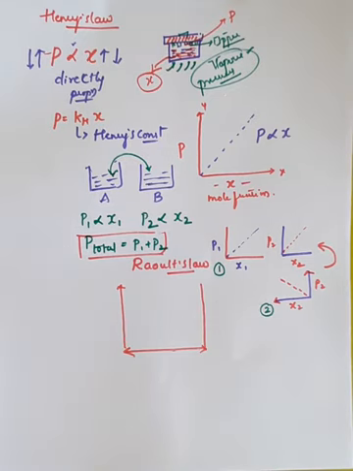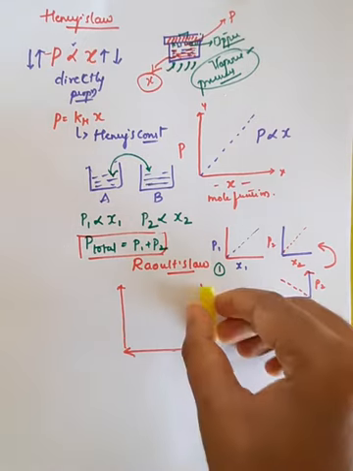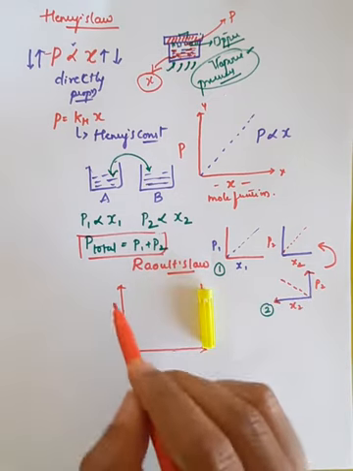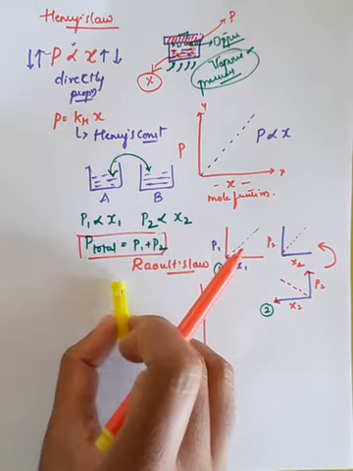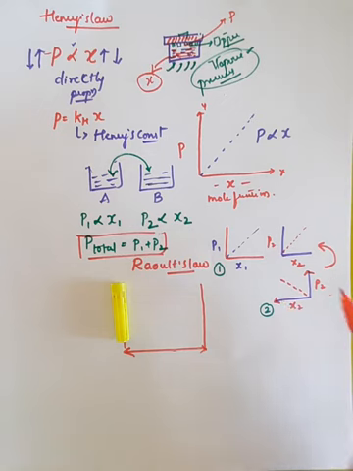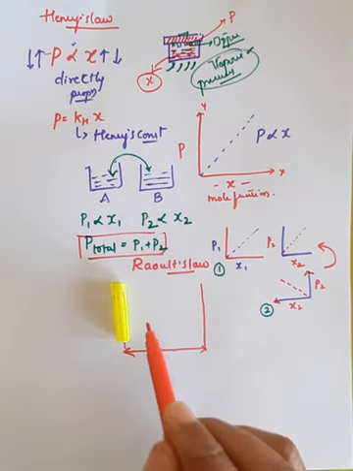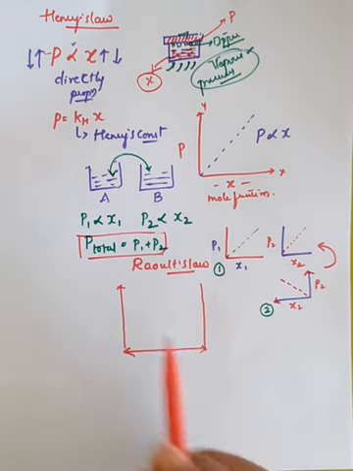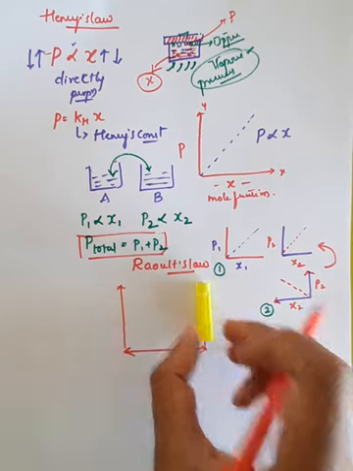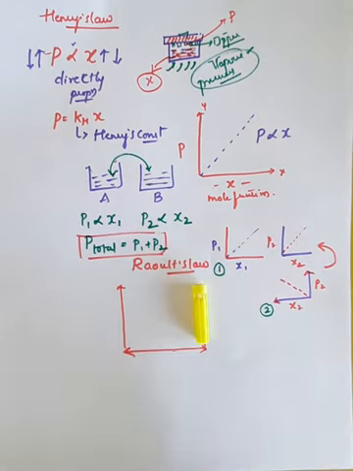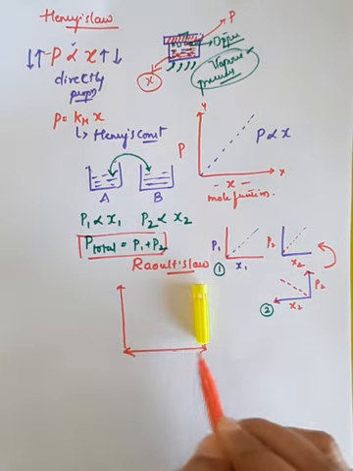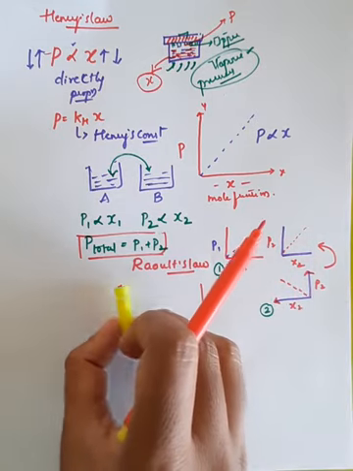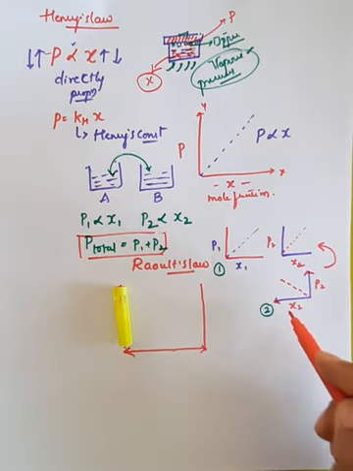So if I close this, it looks like this is the first graph, and if I close this, this looks like the second graph. So therefore this is a combined graphical representation of both P1 and P2. See here, so it looks like a square, right? But here if I close this line, what happens? This graph looks like the first one, and if I close this line, this graph looks like the second one.